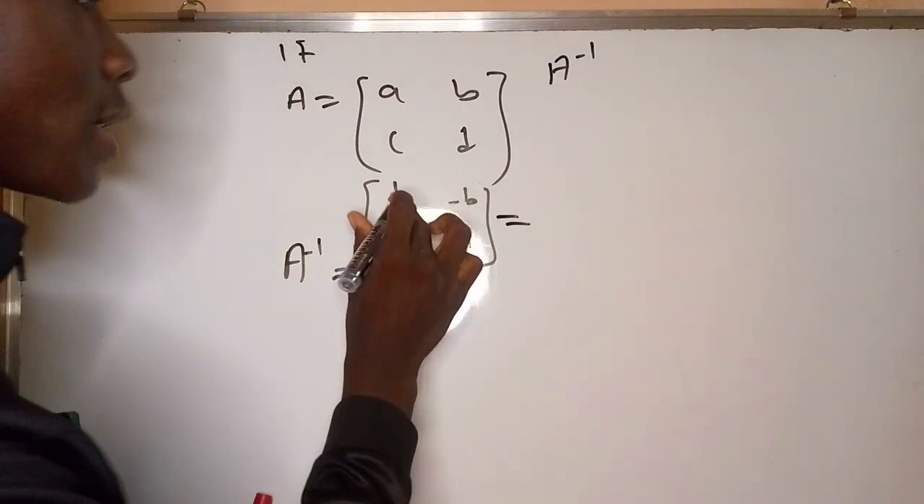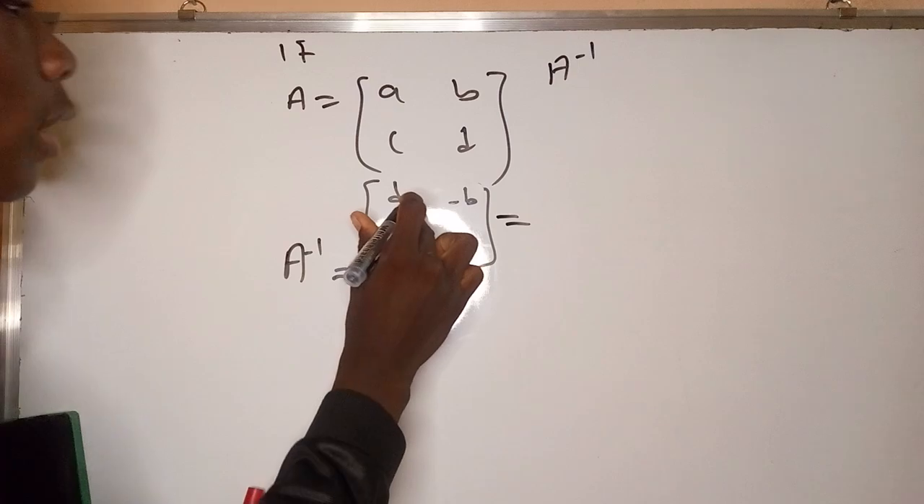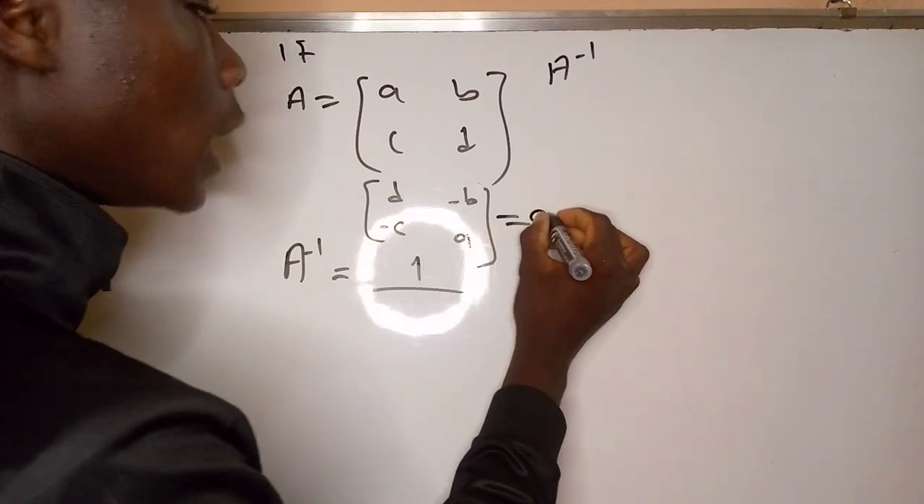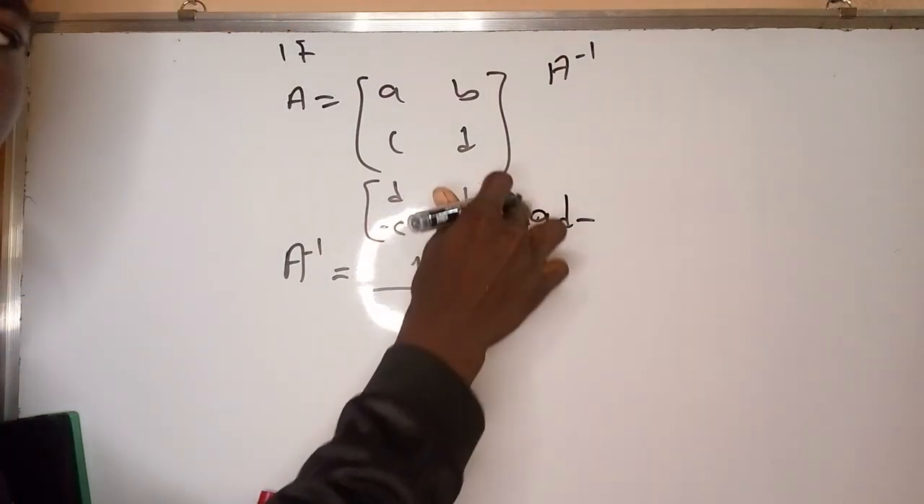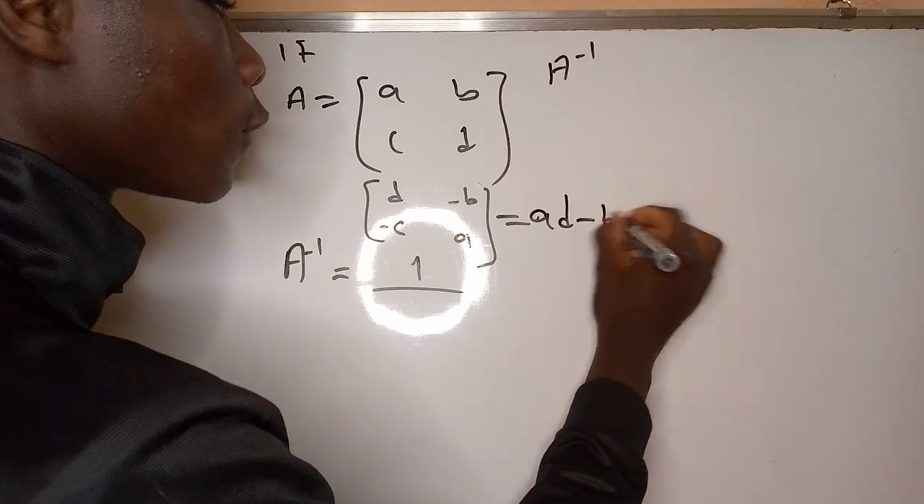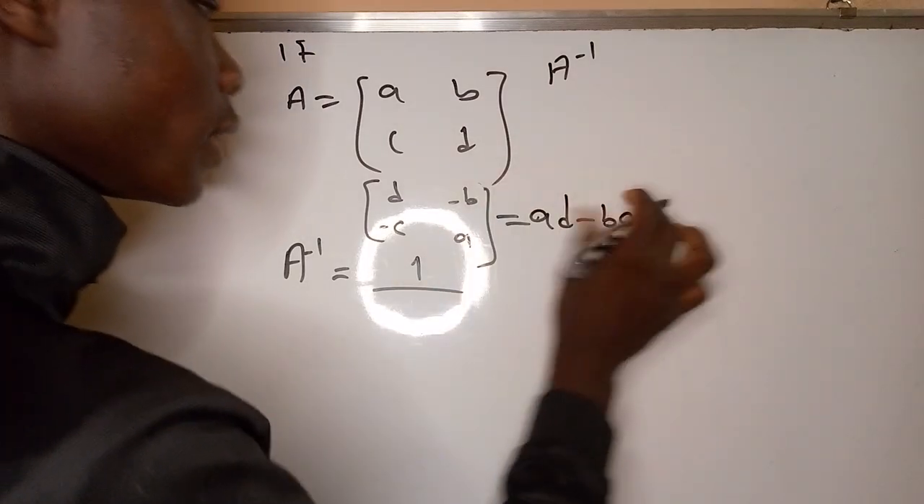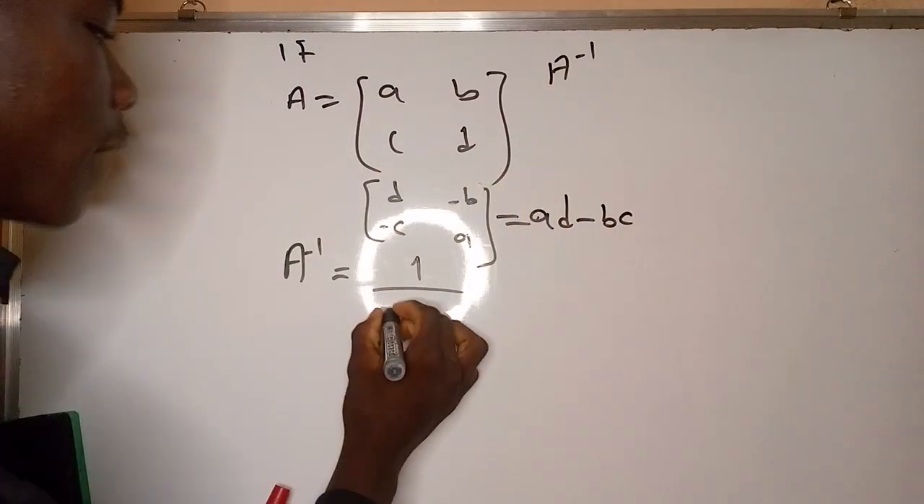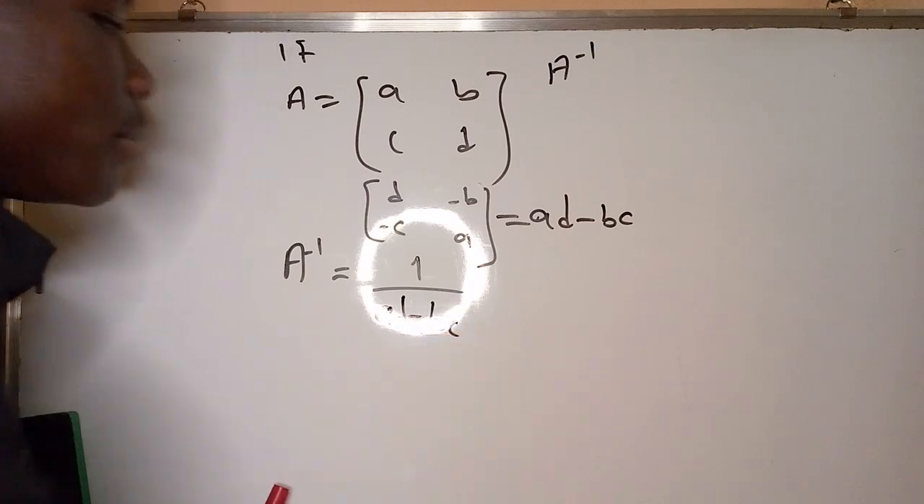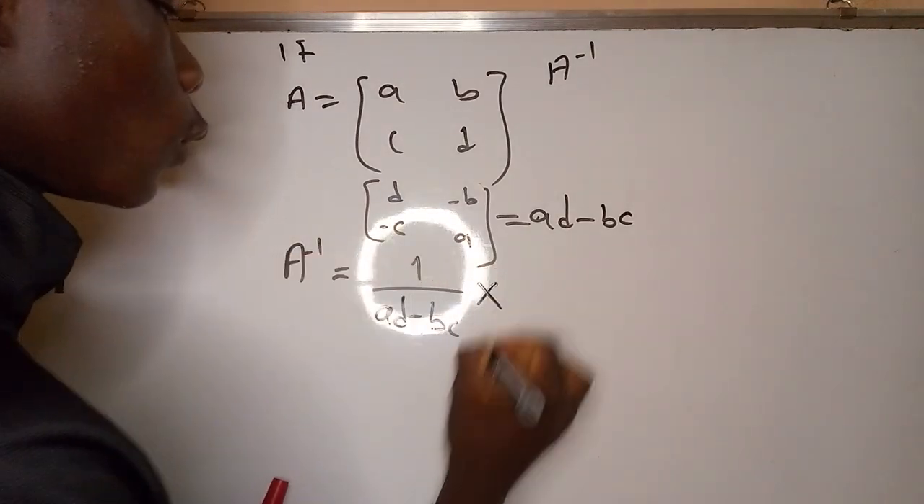What is the determinant of this matrix? If we are going to find the determinant of this matrix, a multiplied by d, I will have ad minus, so minus c multiplied by minus b, I will have positive bc. And therefore, this is the determinant of this matrix. So I have to put ad minus bc. So then I have to multiply by